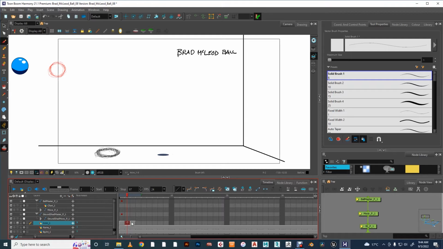So my first bounce, and then I'm going to have my second bounce will be something like this. So I want the ball to have some kind of like a, for the second bounce it's going to not quite be halfway high, but just a little bit lower than halfway. Okay, so have the ball, and then